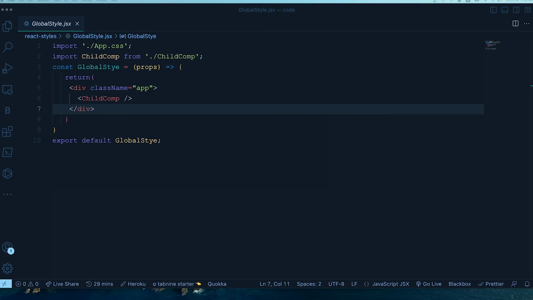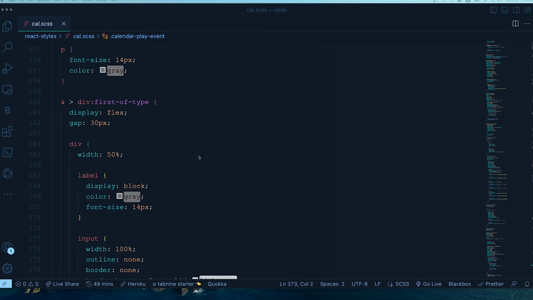Okay, so this is the second one. Now let's move to the third approach. The next approach, we are talking about using Sass, basically the SCSS stuff. Sass is radically greater than the CSS approach we have seen before. It's much better because here you can really make CSS reusable. So you can write functions, you can write mixins, you can write variables, you can do a lot of stuff.